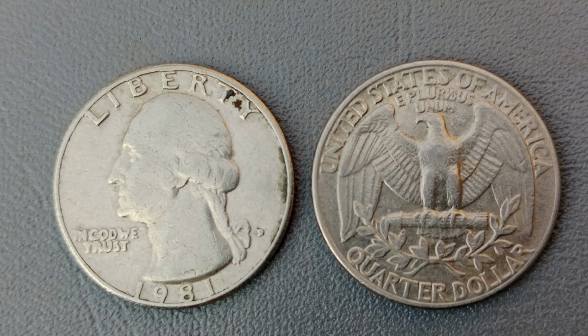seems completely ordinary at first glance but has stunned collectors, investors, and numismatists around the world because one extraordinary specimen has reached a jaw-dropping value of $51 million due to a combination of rare errors, minting mistakes, and extremely unusual production conditions. So settle in as we walk through every remarkable detail of what makes this seemingly simple 25-cent piece one of the most valuable modern coins ever recorded and one of the most astonishing mint anomalies in American coinage